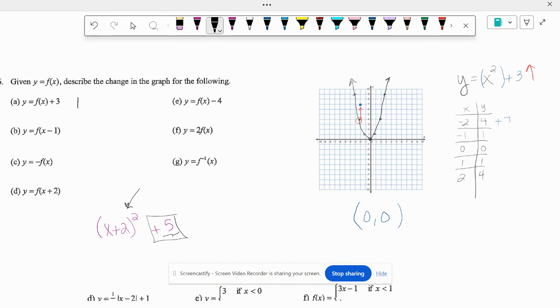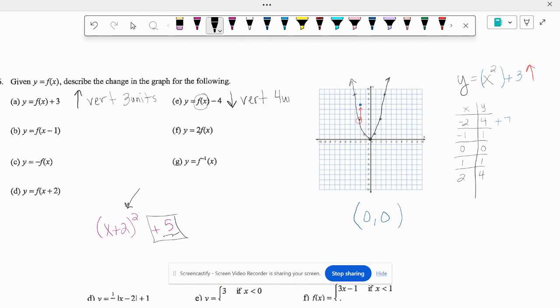So this +3 means that my graph shifts up vertically 3 units. If I have a negative outside of the function, the function minus something, it's going to shift down vertically